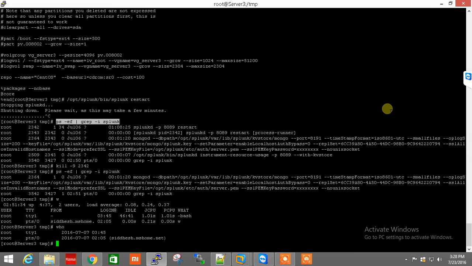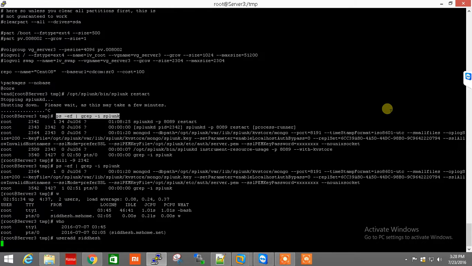Now I am creating a user. I'm creating a user: useradd Siddesh. So Siddesh has been created. I'm checking the user with cat /etc/passwd.